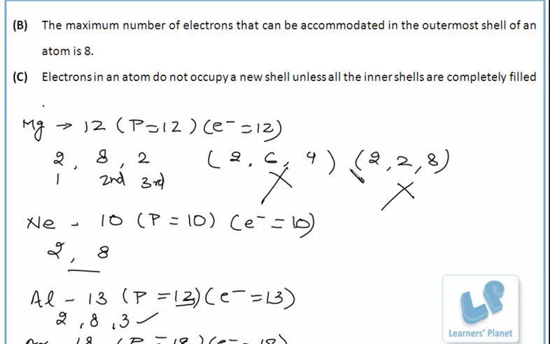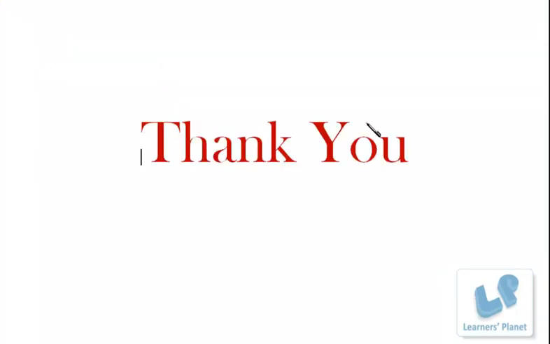In the next session, we'll be discussing the valency of an element. What is valency? Why do a few atoms form cations? Why do few form anions? So we'll be discussing the valency and the number of valence electrons in our next session. I hope you have understood the concepts explained in this session, and be prepared for discussing valency. Just go through the text and then sit to listen to the session.